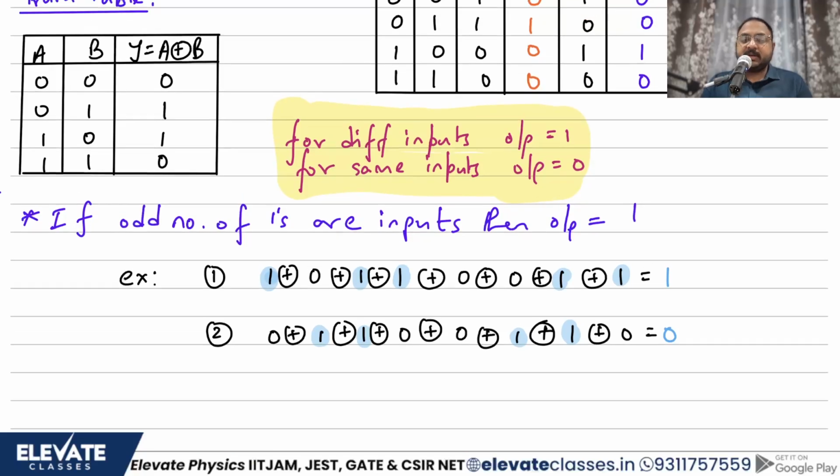Come back to the truth table. All our properties come from the definition or from the truth table, है ना? तो वापस truth table पर लौट कर आते हैं. Let's see truth table में क्या लिखा है. If you look at the truth table, what you see is there are no ones here. How many number of ones?